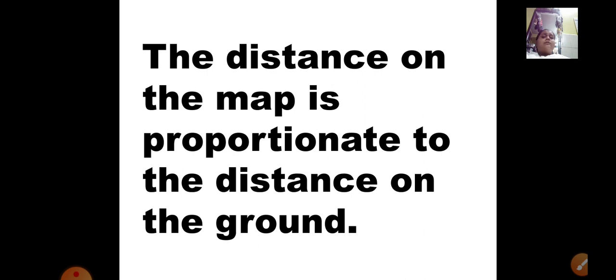The distance on the map is proportionate to the distance on the ground. As I told you, suppose the distance is 35 kilometers or 100 kilometers. The same distance is shown on the map, only the size differs. The measurement never differs, only the size matters. Okay,